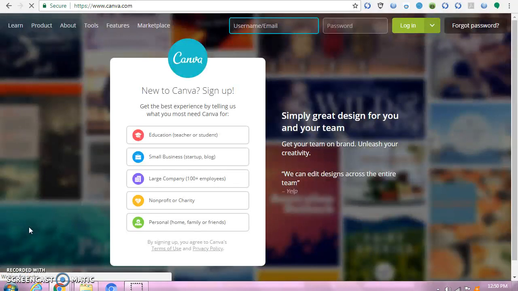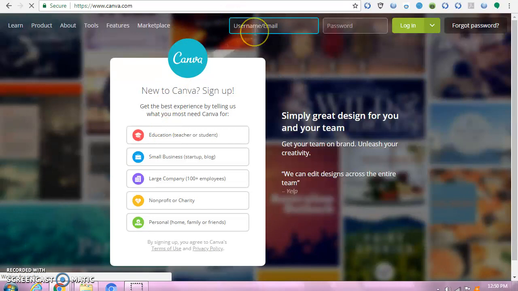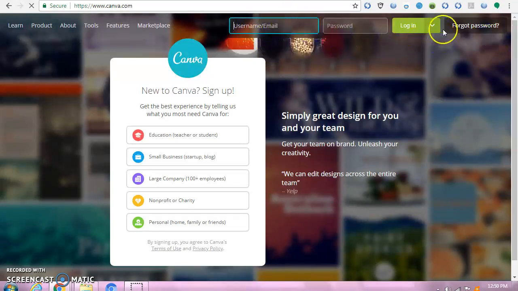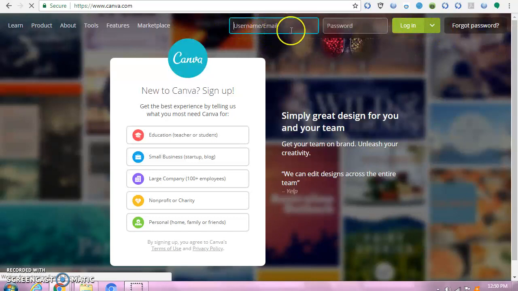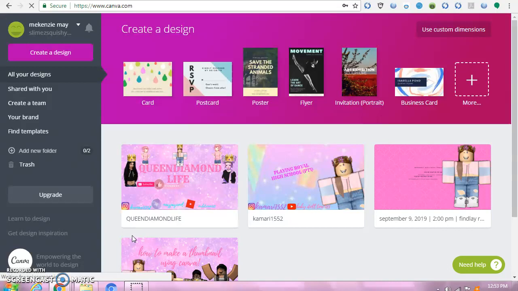So after you're on the site of Canva, if you already have an account, it will show you up here in the corner to put in your username or email and password. But if you don't have an account, then it will tell you to just sign up right here. But I already have an account, so I'm gonna just log in. So after you have signed in or logged in,